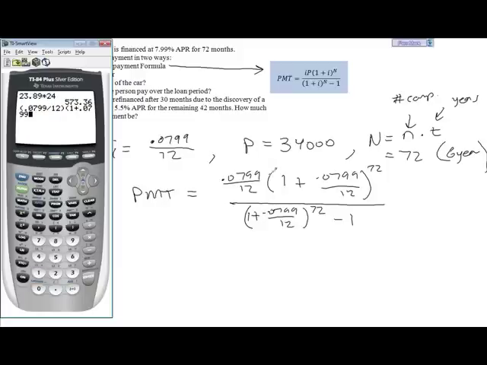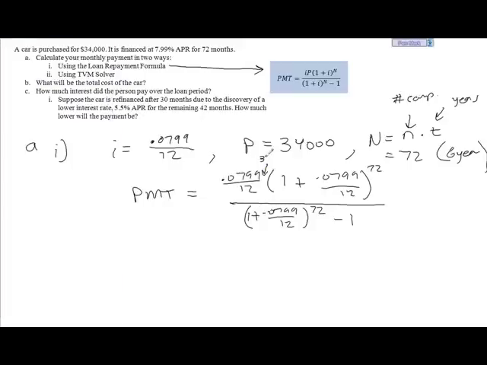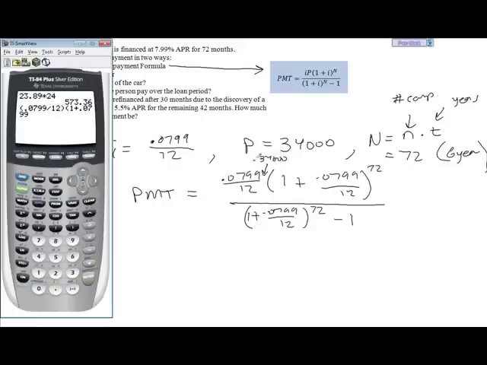So 0.0799 divided by 12 times 1 plus 0.0799. Oops, I forgot one thing. In here needs to go 34,000. So I'll put 34,000 in between these two. I'll insert a parenthesis, 34 and three zeros, and there's my balance. So now I can do 1 plus 0.0799 divided by 12 raised to the 72nd power. And that gives me